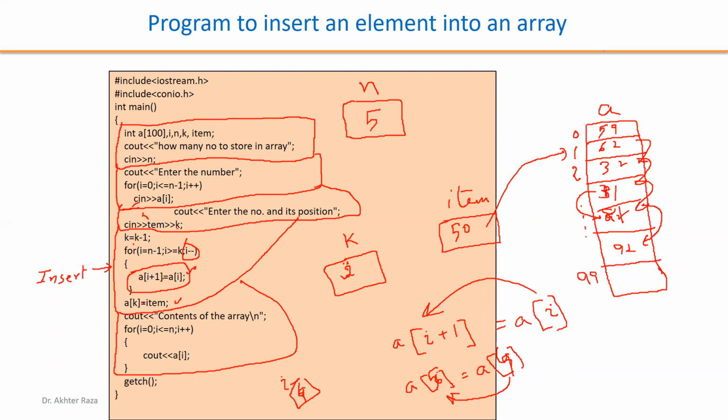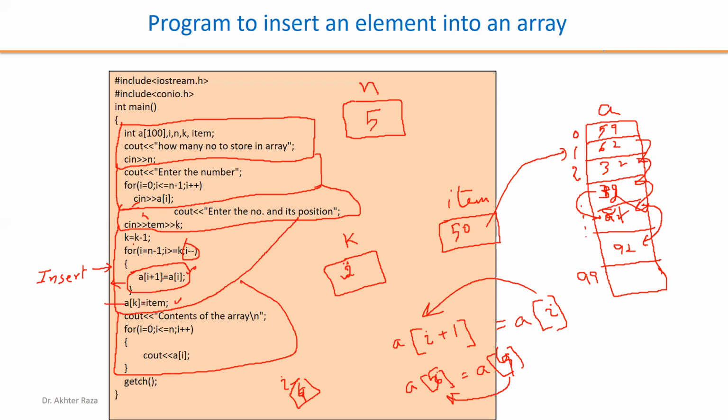So 32 will remain there and in the next position, we already have 32. Then 62 will be moved here. 62 will have 2 positions, 62 here and 62 here. Then when the item is copied over this 62, this 62 will be deleted and the item replaces this 62, and we have a new data element in my array. So this is the entire procedure of inserting the element into the array. Firstly, this line will create the blank position in the array, and finally, the item is to be stored over there.